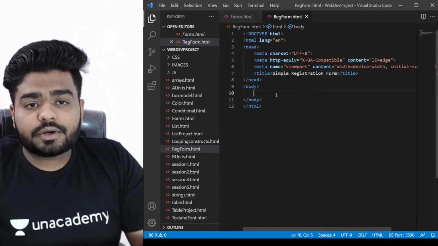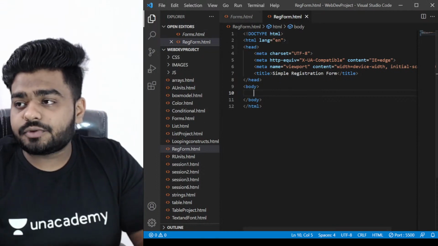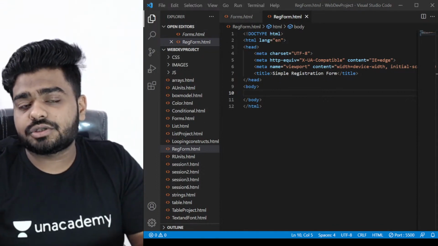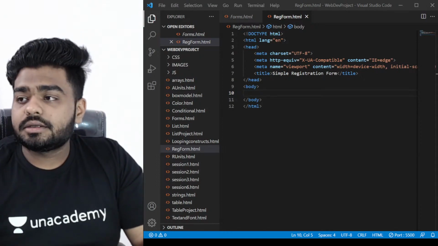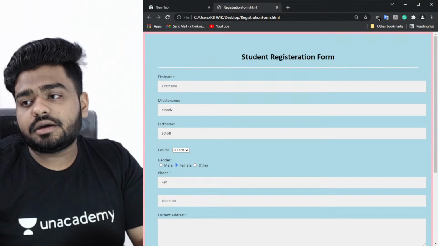Now in the body, we are going to start up with our main thing first of all. So we are going to see some of the things which we require. And if I show you my page, so you can see here,